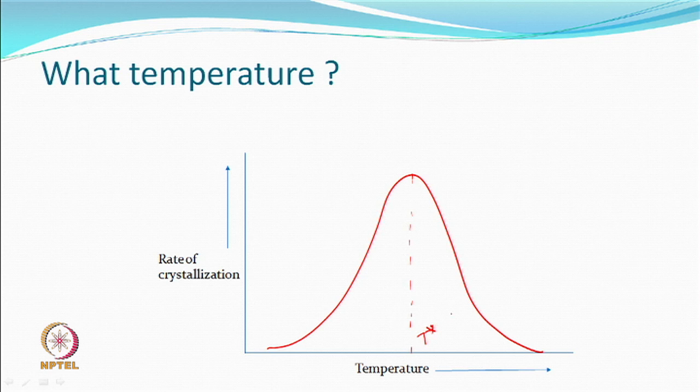Let us say a temperature called T star, where the rate of crystallization is high. At some temperature, somewhere here, this may be the melting temperature, where everything is in molten shape condition, and so you cannot expect crystallization to take place. The kinetic energy is too high, molecules are vibrating, and therefore, the chance of them coming together to either orient or crystallize is almost 0, because it is all molten.